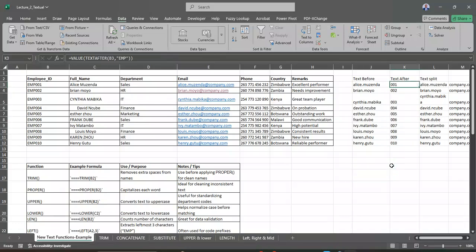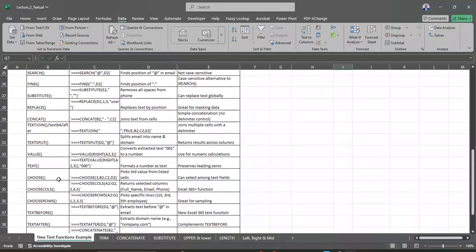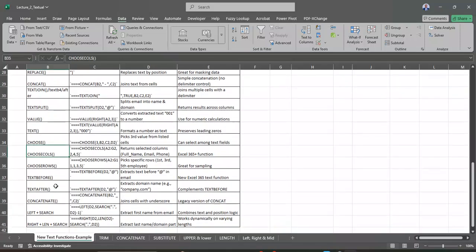Okay, that's value for you. Text, format number is text and is the opposite of this. Choose, it picks the third value from the list. For example, that one. You can then experiment some of these formulas, but maybe what I want to explain is